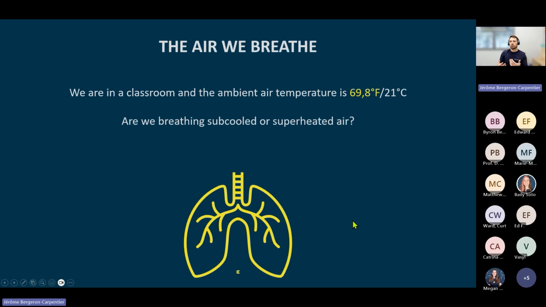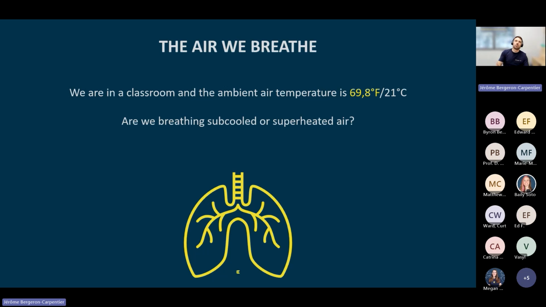So we talk about latent heat. Of course, we're going to talk about superheat and subcooling, right? And I always love to do this little experiment with my class. Let's say we are in the classroom and the ambient air temperature is around 69 Fahrenheit or 21 degrees Celsius. I always like to ask everyone in the room, so based on your knowledge, are we breathing subcooling or